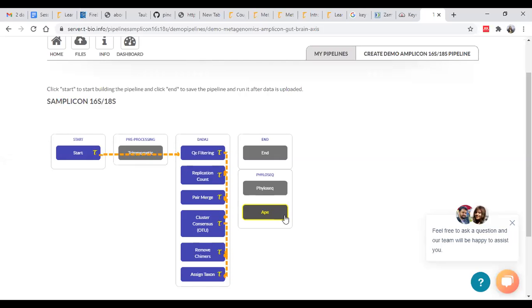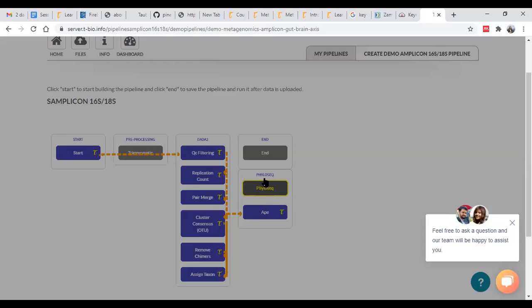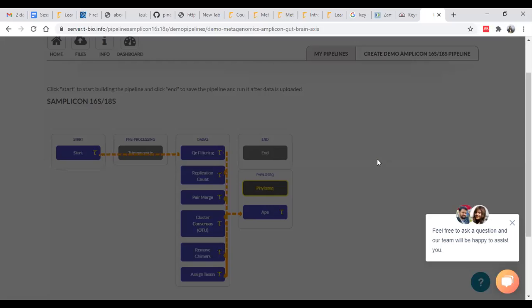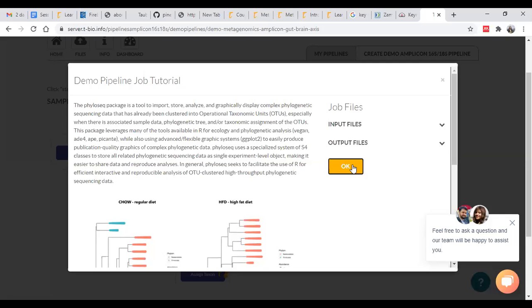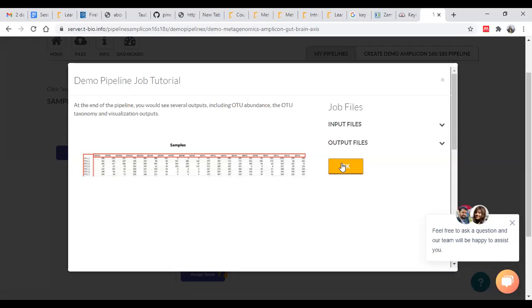Then to generate the plots, once you have those tables, to analyze them we are going to use two algorithms, that is phyloseq and the other. So now with this we will complete this pipeline.